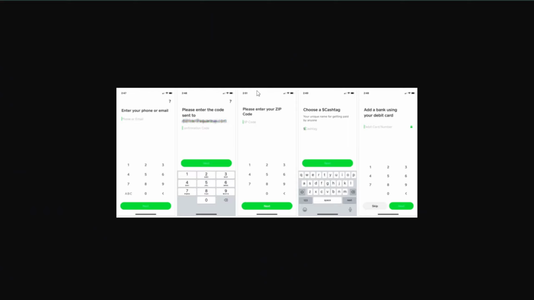Are you ready to send Bitcoin using Cash App but not sure where to start? Don't worry. By the end of this video, you'll know exactly how to do it safely and quickly. Let's dive in. First, open your Cash App and tap on the Money tab located at the bottom of your